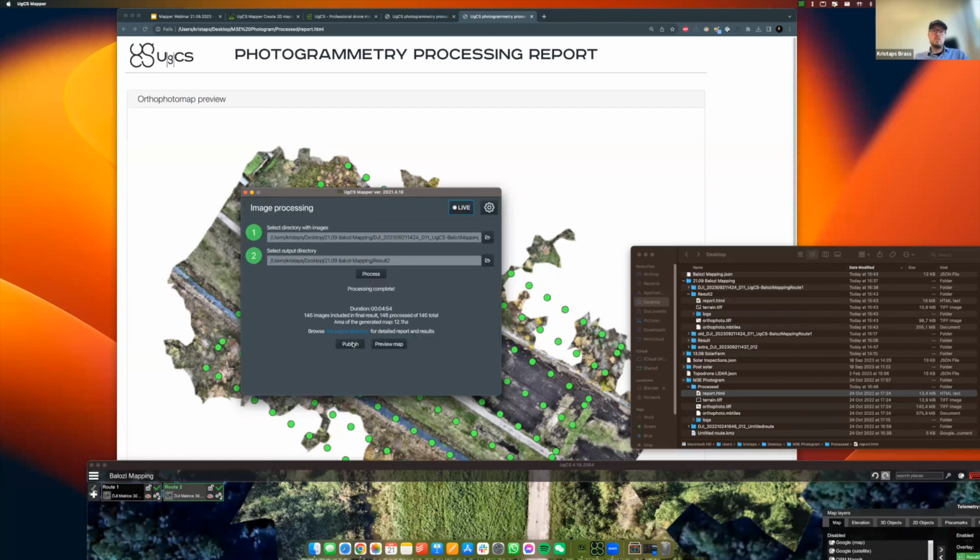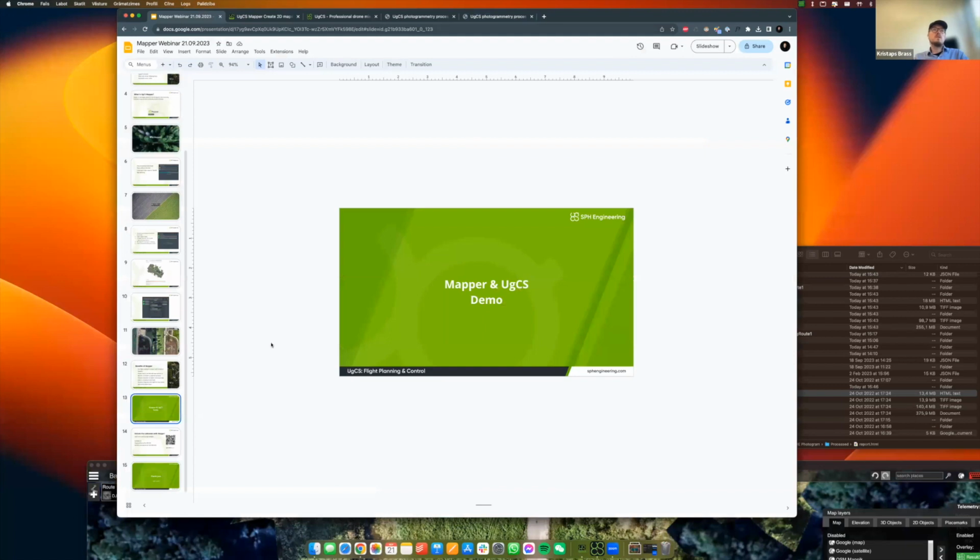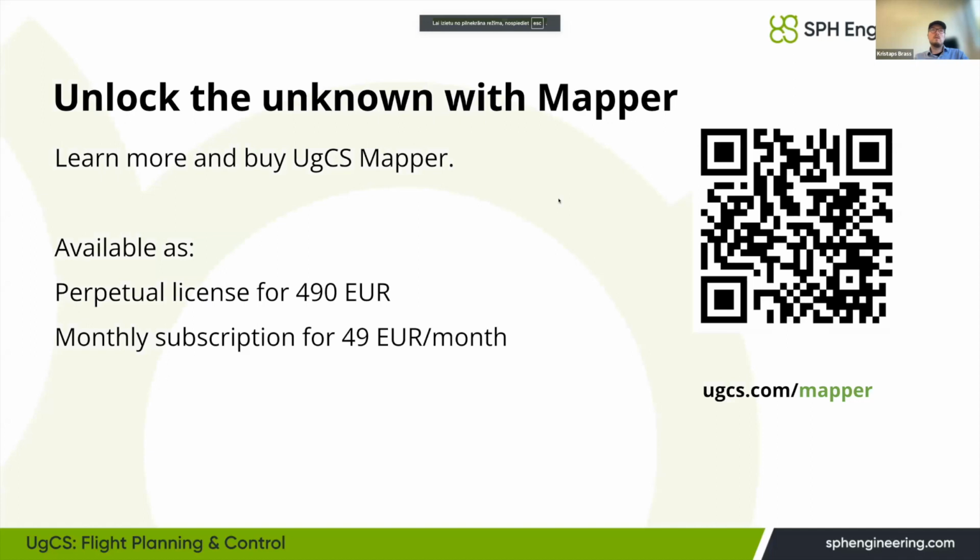So that's basically what you get with Mapper and how you can process and create maps. So that's actually most of the things I want to cover. We can then briefly jump back to the presentation that I have here,